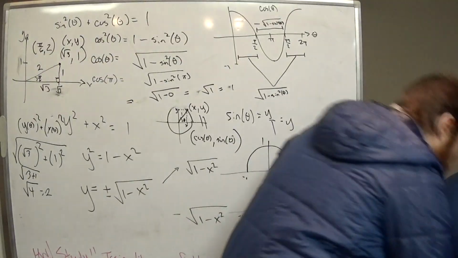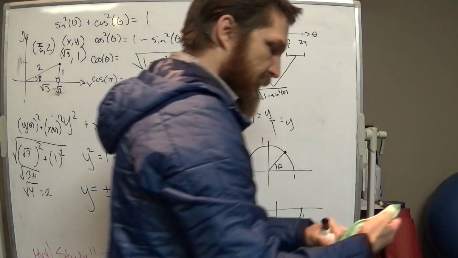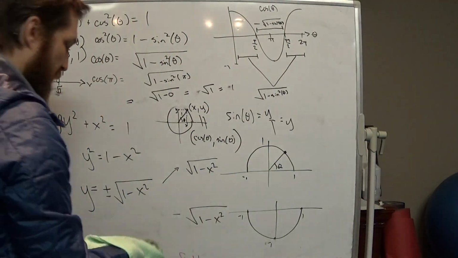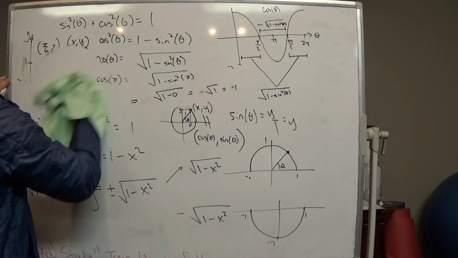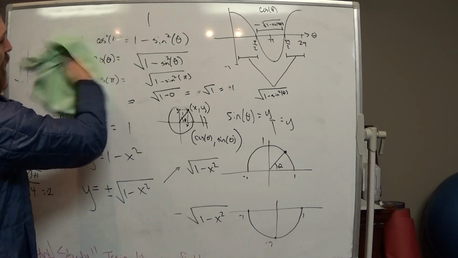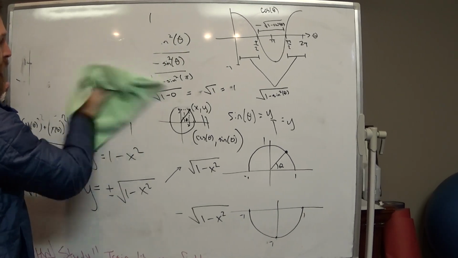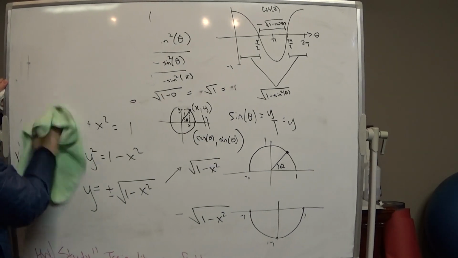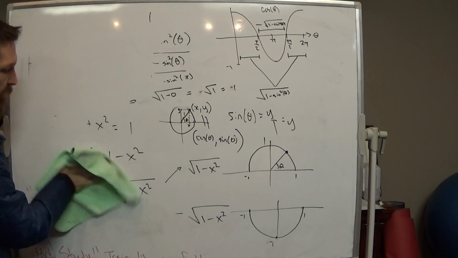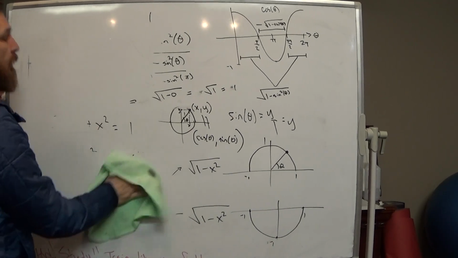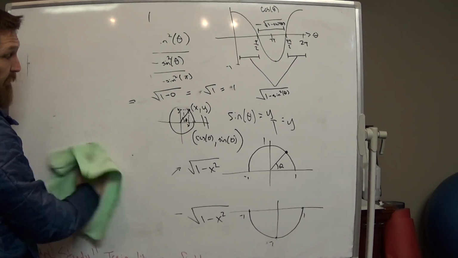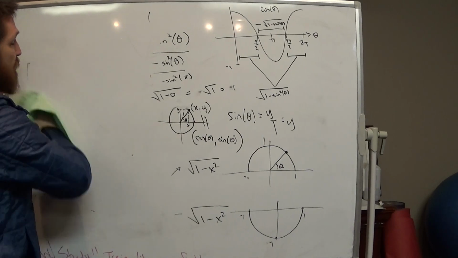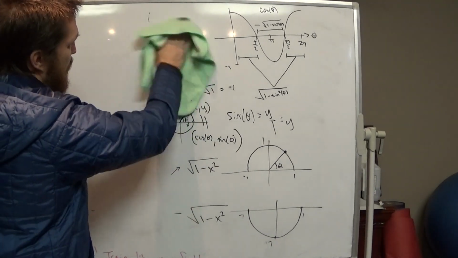So it's not just foolproof. Well, you could plug it into a computer program, but you have to teach the computer program to do this thing. You'd have to teach it, well, if your theta is in this interval, do the positive one. If it's in any other interval, do the negative one. And so that's a pain, but